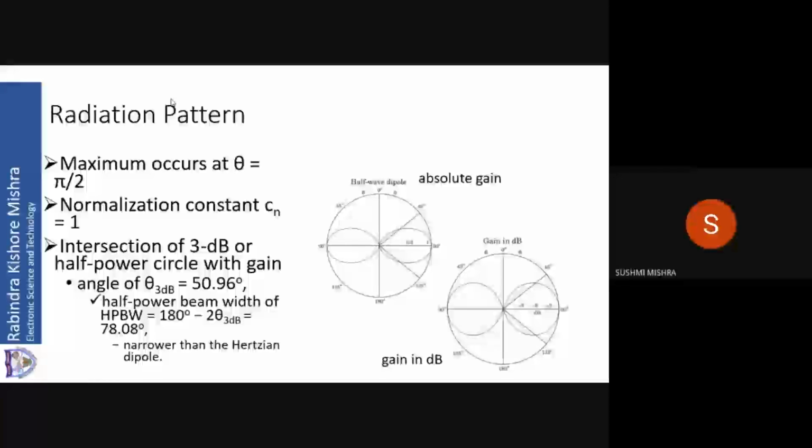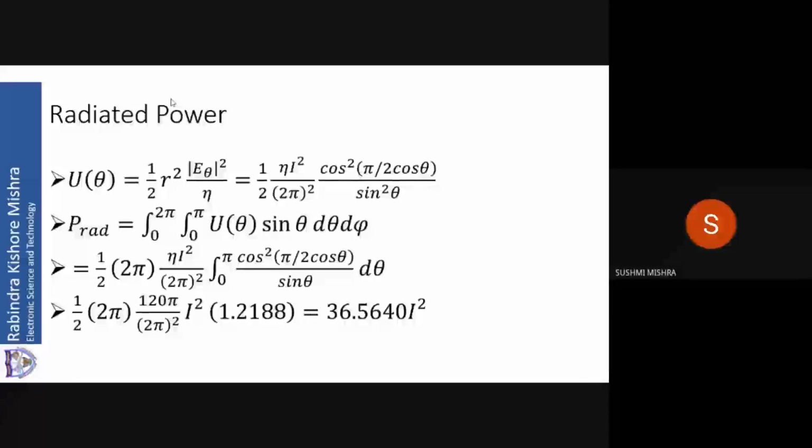Why I am showing this is when you are going to plot this, either you will plot in absolute gain or you will plot in dB. Some people might have plotted it in dB. Some people might have plotted it in absolute gain. When you compare them, they will not look alike, but both are same so long as they are giving you a figure of 8 figure. Right? And so this is about the radiation pattern for the half wave dipole antenna.